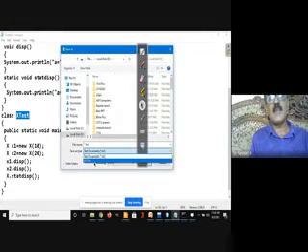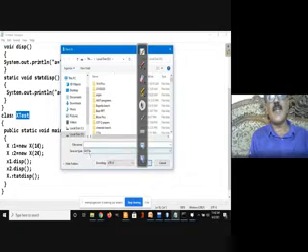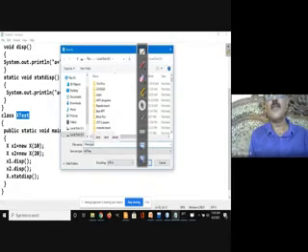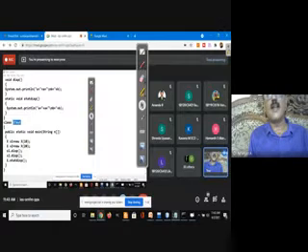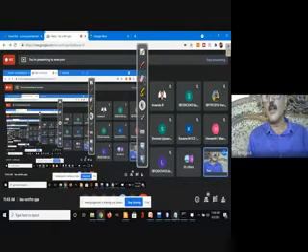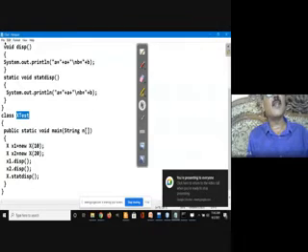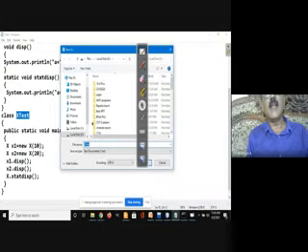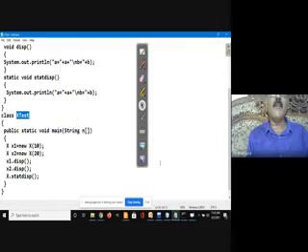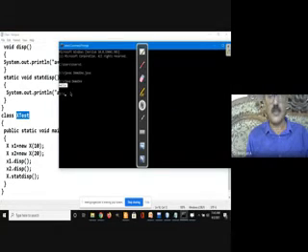I need to choose the save as type as All files, and the name of the file as XTest.java. I'll now save this file. Where did I save this file? I forgot to check the place where I saved this. I think it is directly saved in D drive, no problem. That's the place where I wanted to save this particular file.